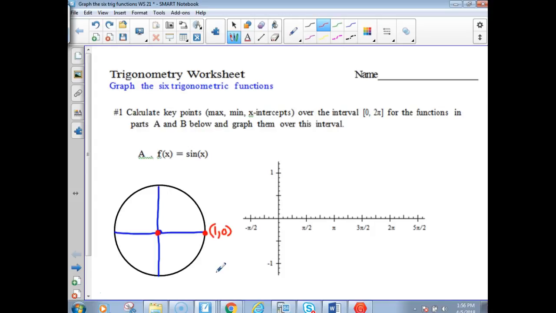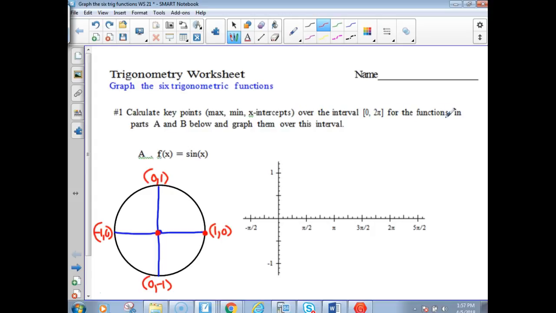Okay, better get that one straight. Okay, x, y, 1, 0. Okay, and then up here, and over here, and here. Okay, need to know those. Those are key. So what you're going to need is I want you to calculate key points, max, min, x-intercepts